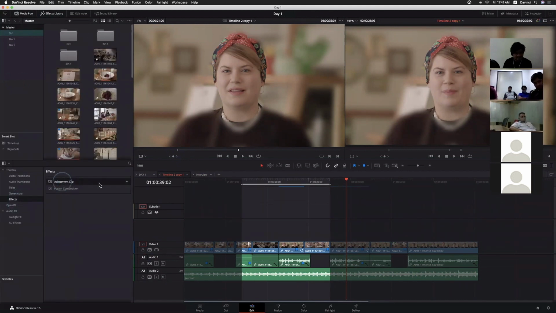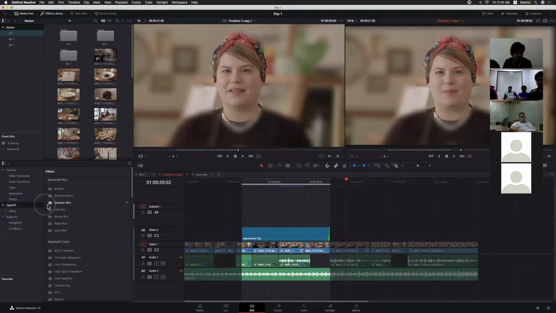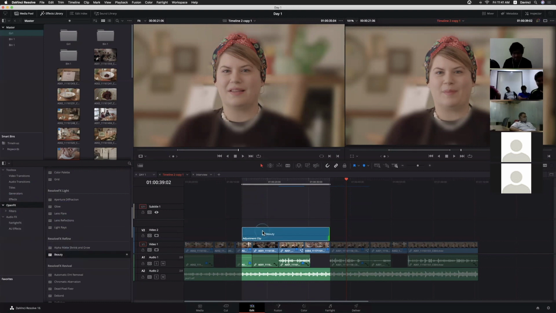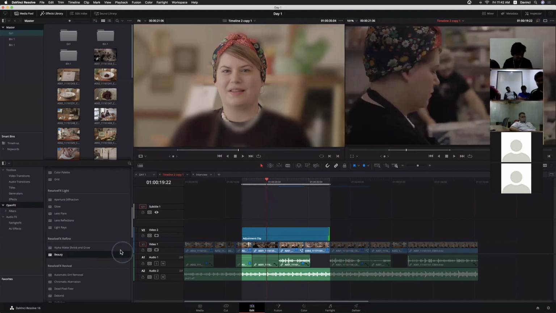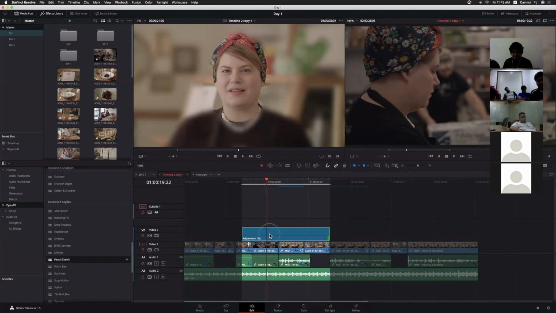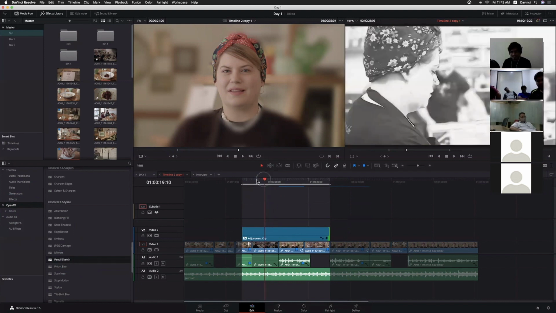I'm just adding some adjustment clip. FX, let's say beauty filter. I'm just adding it. It is not doing anything. It's a pencil sketch. Now this is our filter.